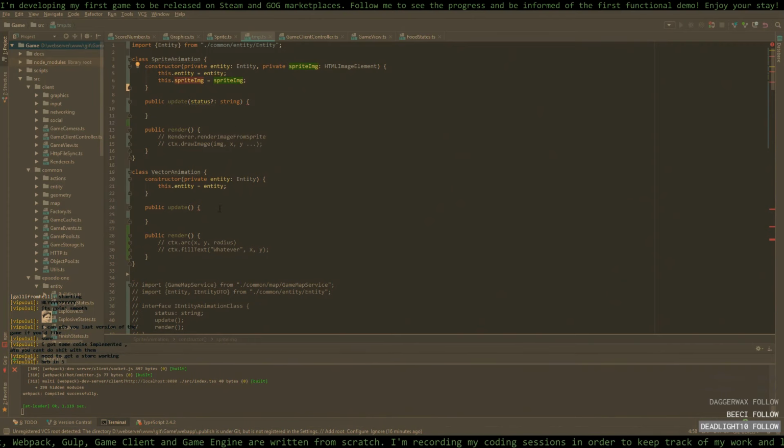Okay, let's see what else do we need here. If we have a common interface like